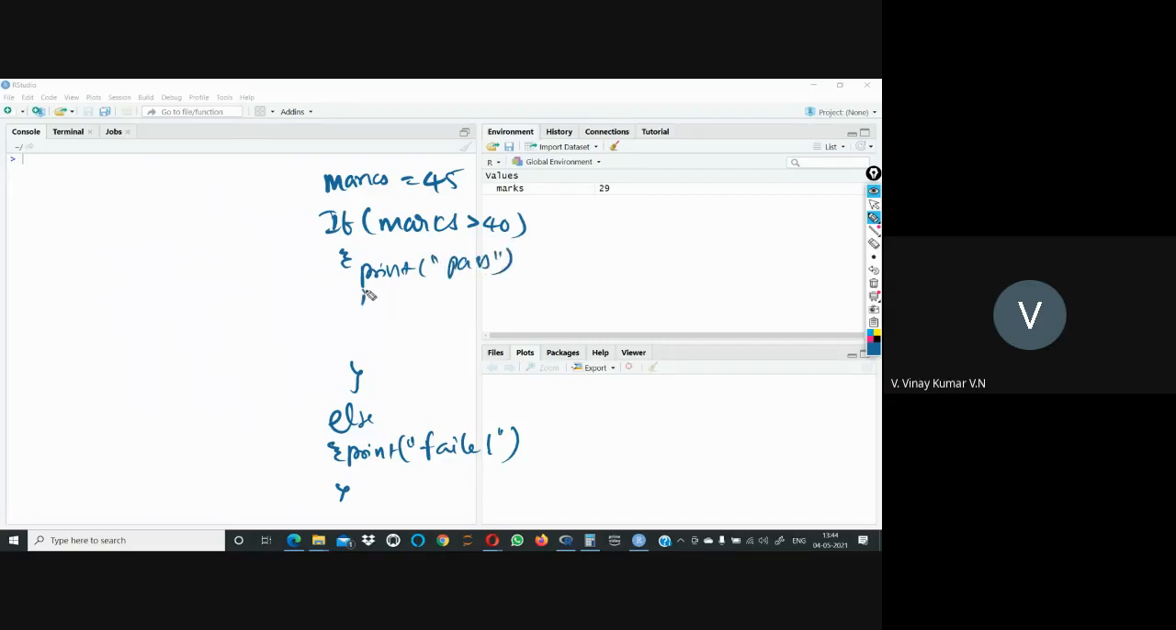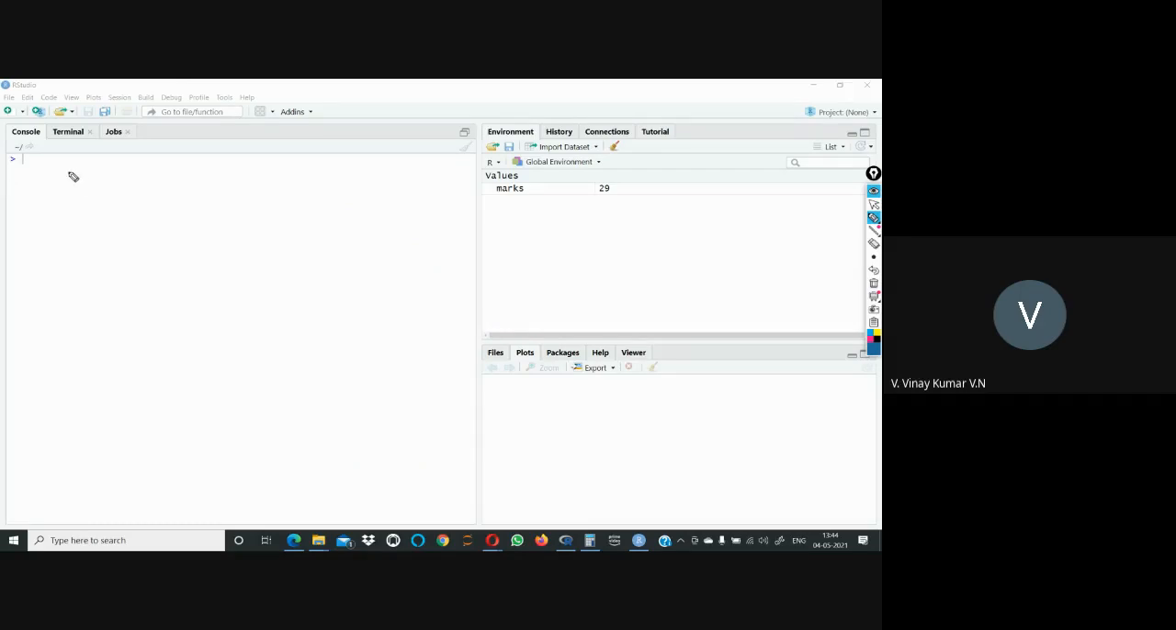Then we'll check what the score is, whether he got distinction or something else. So if marks is greater than or equal to 75, inside this parenthesis I am saying print distinction. Again, we came out of the loop. I'll write clearly. If